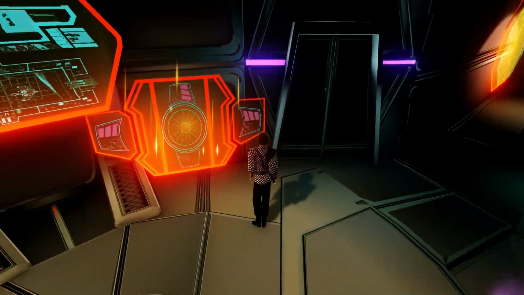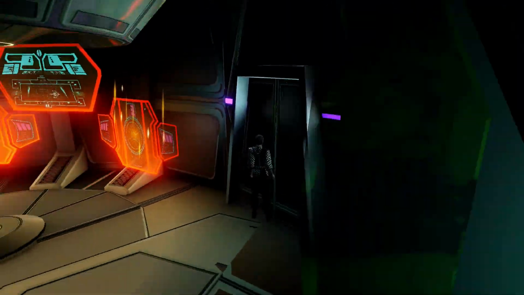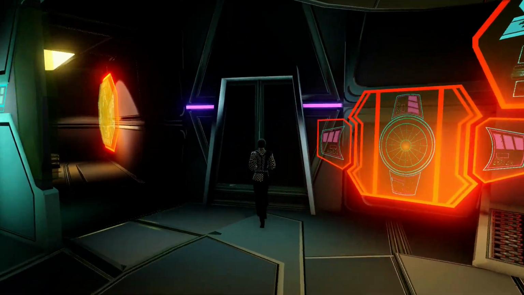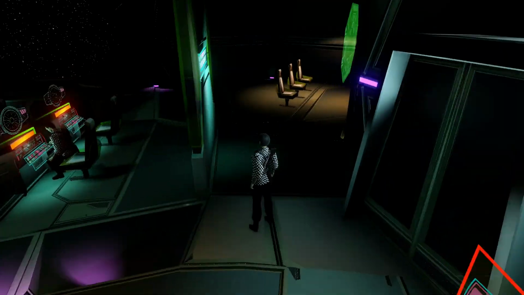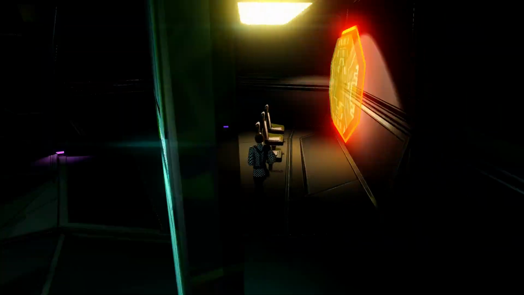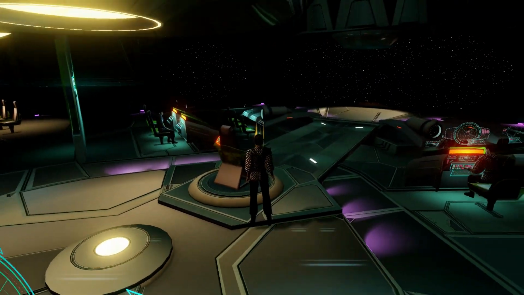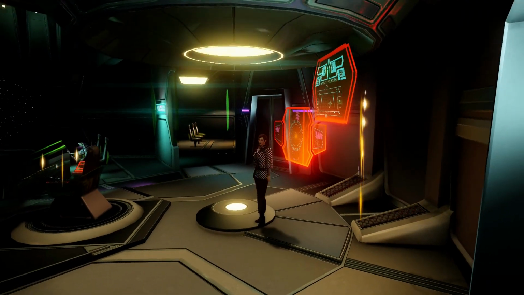I'm presuming this would be it. No, you can't get off. Let's try this door. No, you can't get off. Nothing over here, is there? No, so you can't get off the bridge. Definitely can't get off the bridge. Well,